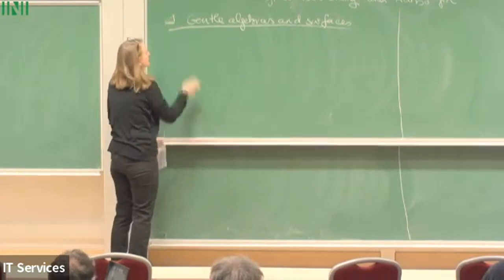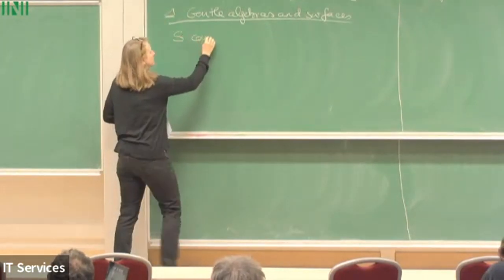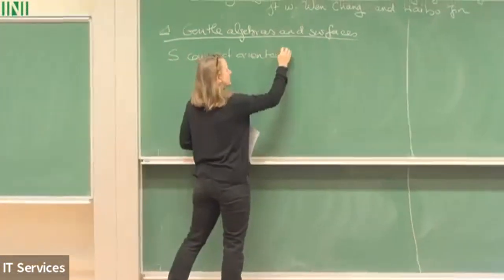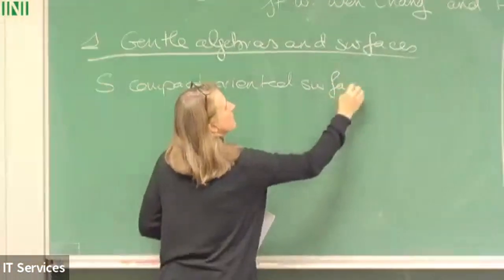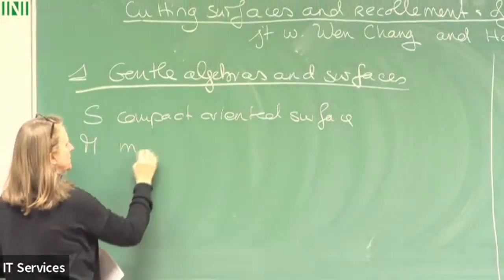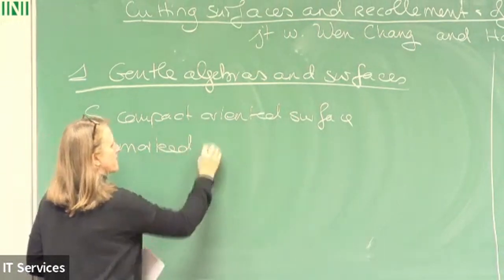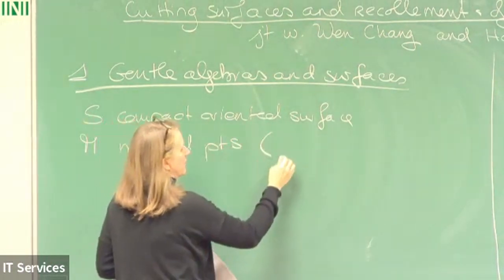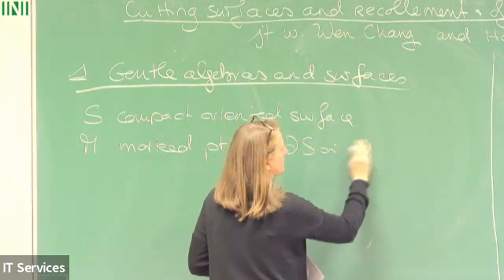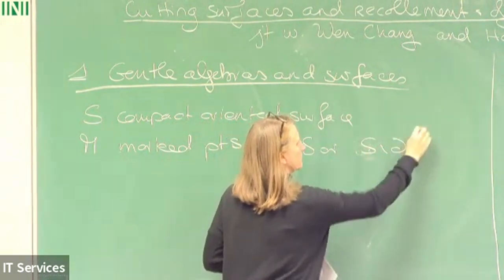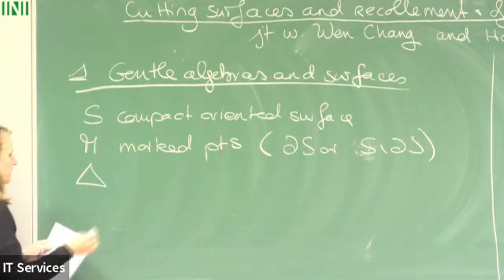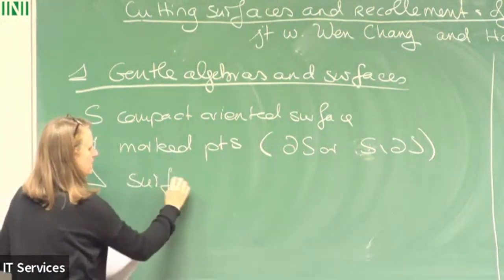Okay, so we start with S, a compact oriented surface. On that surface, we have a number of marked points. And these points are either in the boundary of the surface, or they can also be in the interior. Okay, and then we give ourselves a surface dissection